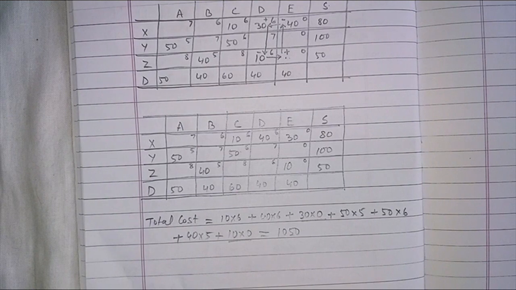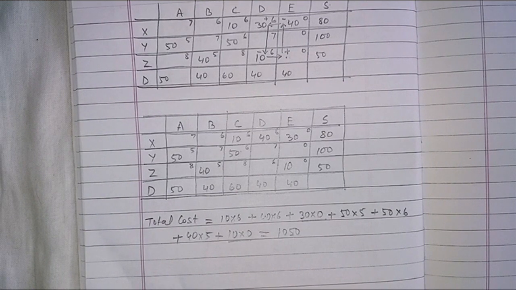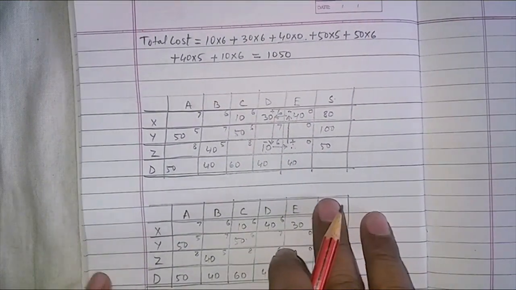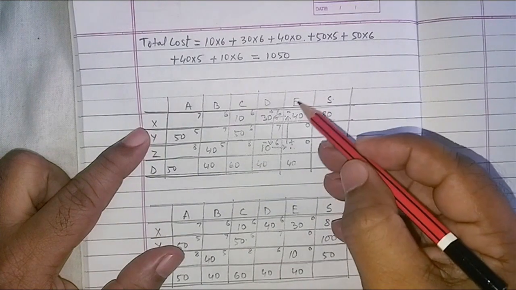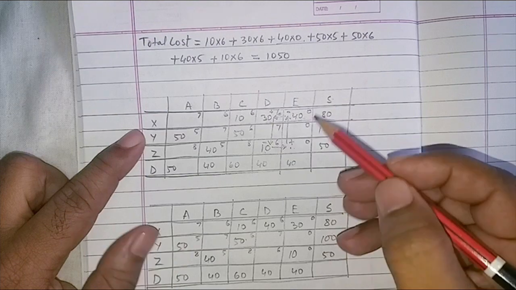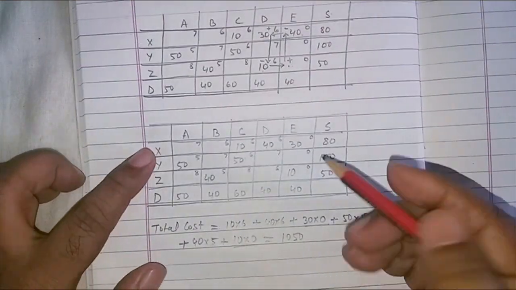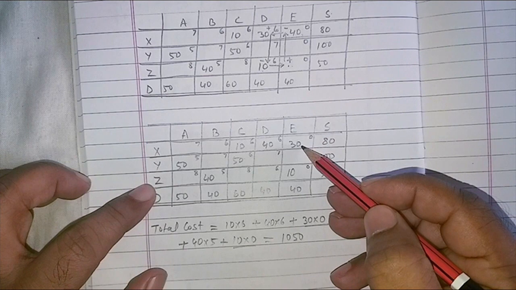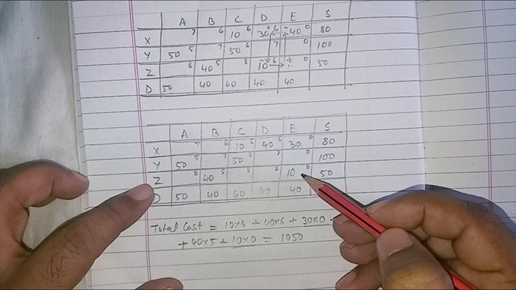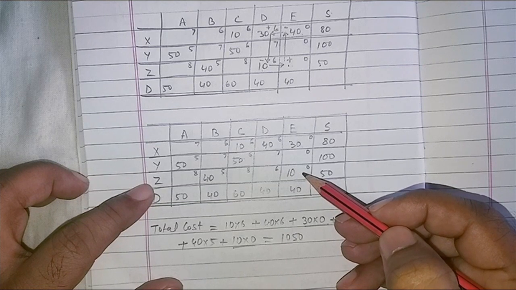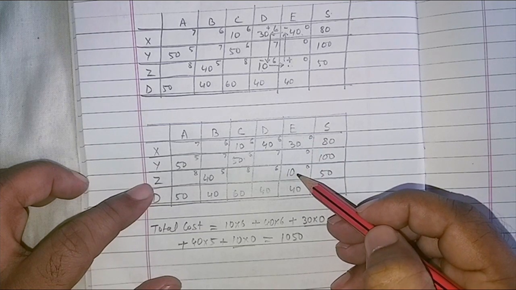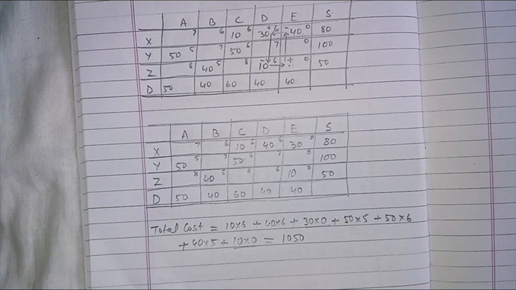So, if you look at this problem here, we have got two different solutions. In the first solution X will have a dummy supplier, a dummy dealer, and in the second solution we will have X, a dummy, plus we will also have Z, which will have a dummy supplier, a dealer, which will give me 10 kiloliters. So, these are your dummy values which are not to be considered in your final calculations.